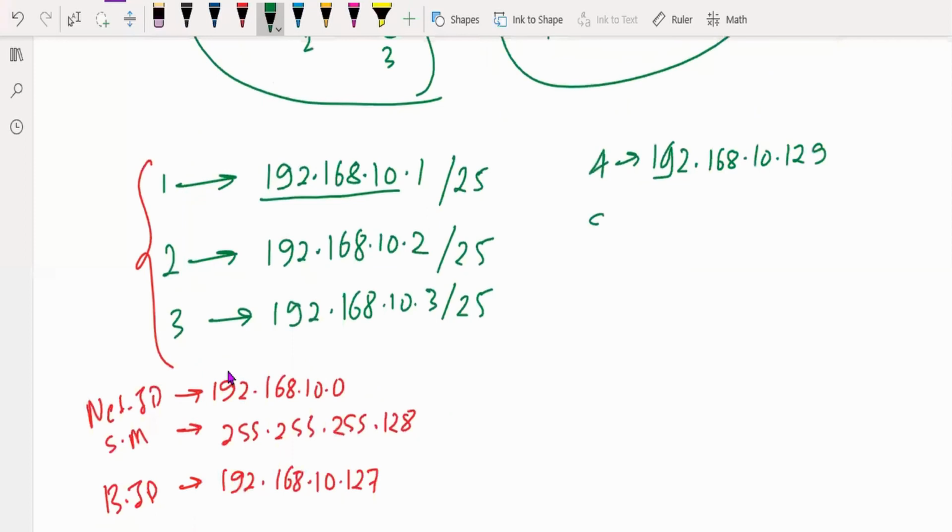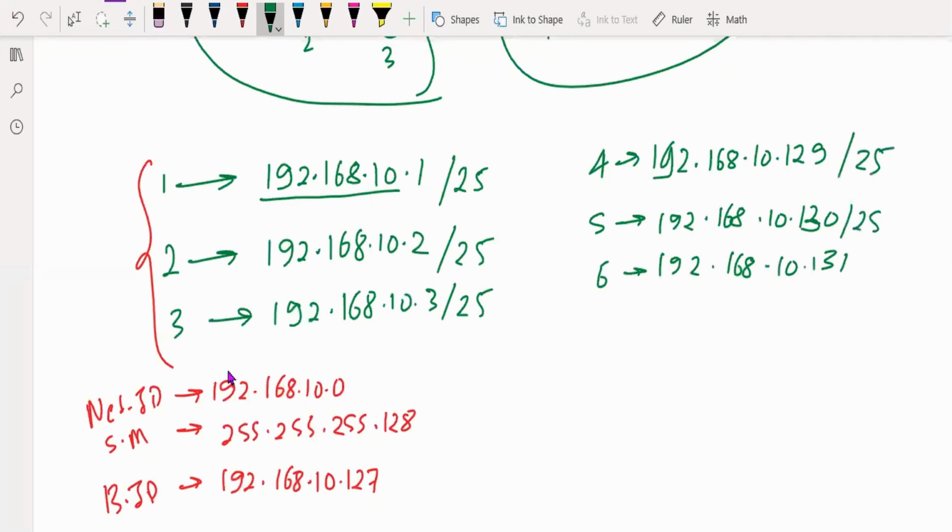And for the IP address of computer 4, I write 192.168.10.129, computer 5 is 192.168.10.130, and computer 6 is 192.168.10.131. All these are in /25 notation, meaning we are doing subnetting.